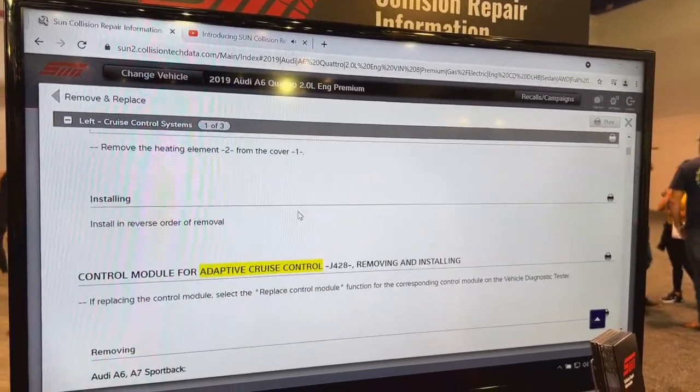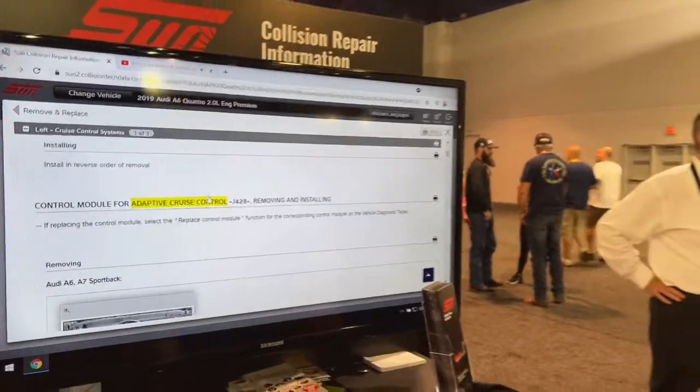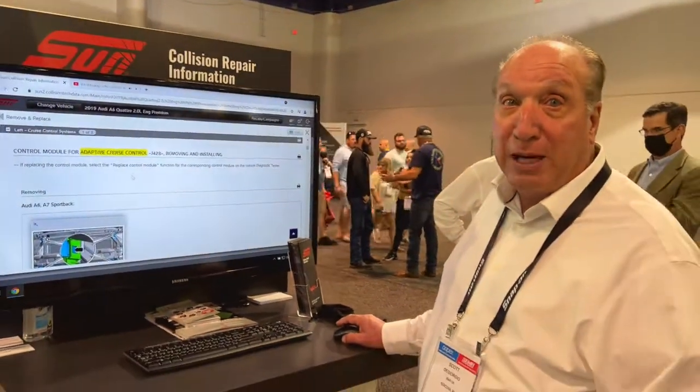There's nothing quicker and easier in the marketplace to provide you all of the OEM information